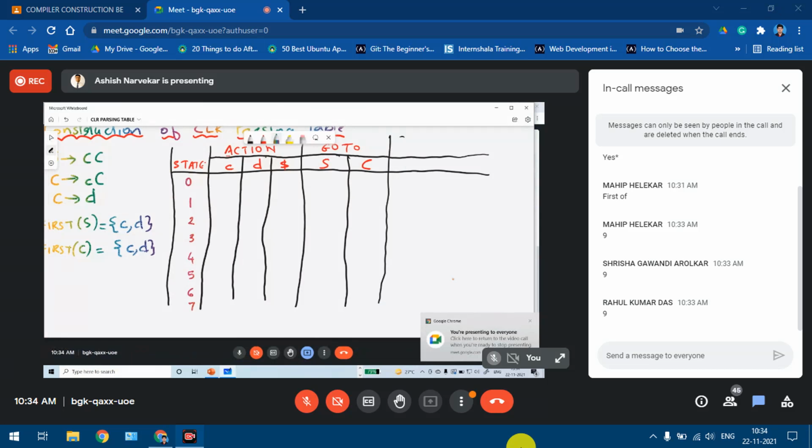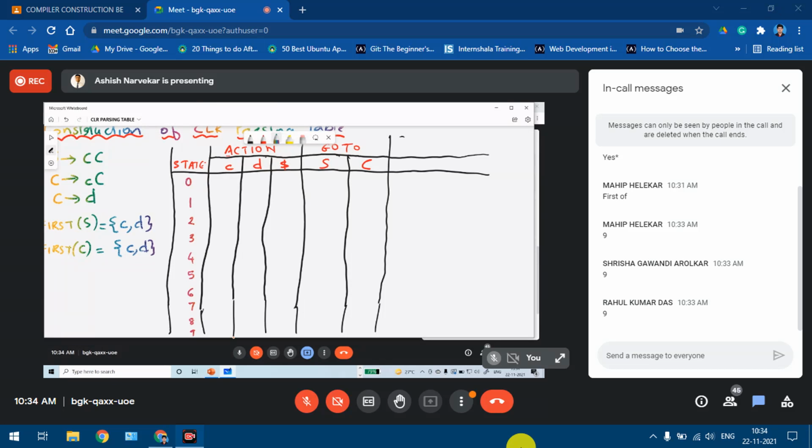So 9 we'll have to write here. Let's refer to our respective notes and check the LR1 items that we have already constructed in the previous class.